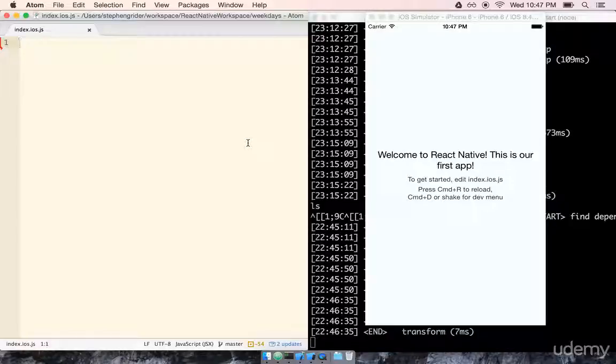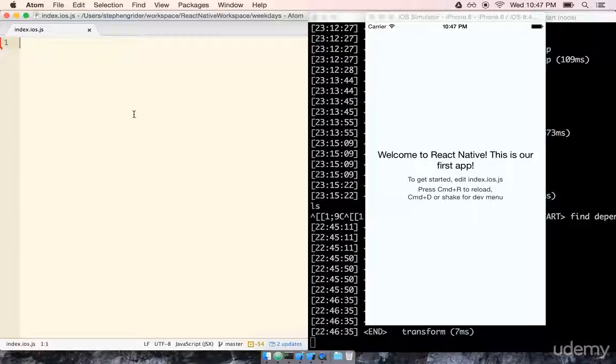First, let's talk about the app that we're going to build. This one is going to be pretty straightforward. It's just going to be an app that lists the days of the week, Sunday through Saturday. Although the app will be pretty plain, we're going to tackle a hefty number of concepts along the way. So we're going to write all of our code inside of this file here,